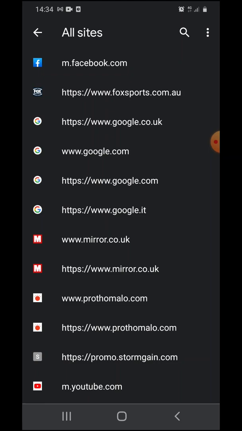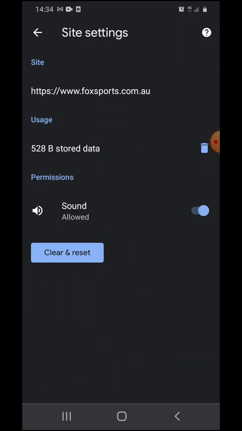For example, I want to stop or block www.foxsports.com.au. So I tap this site, then another screen will show up, and here you will